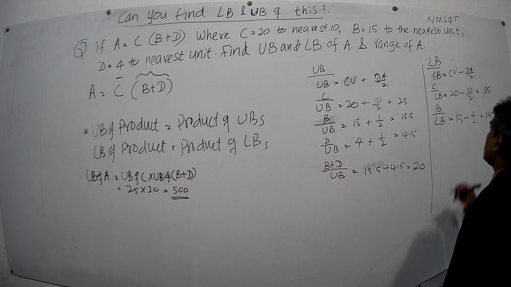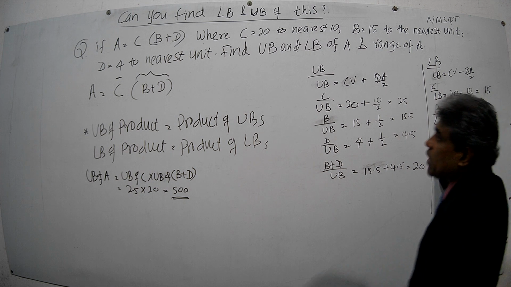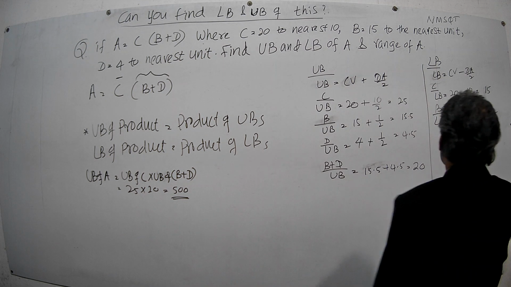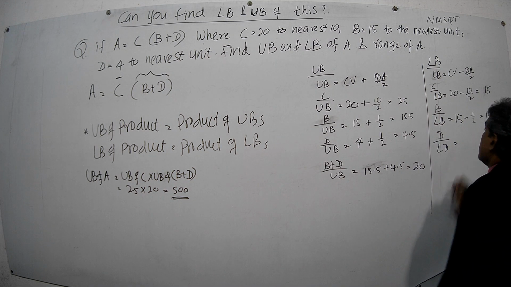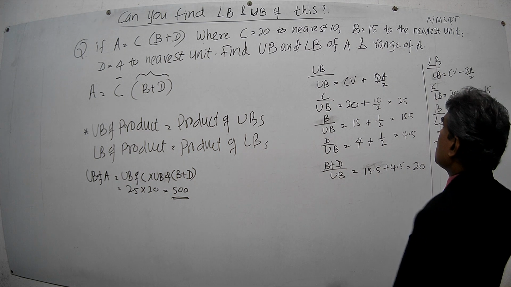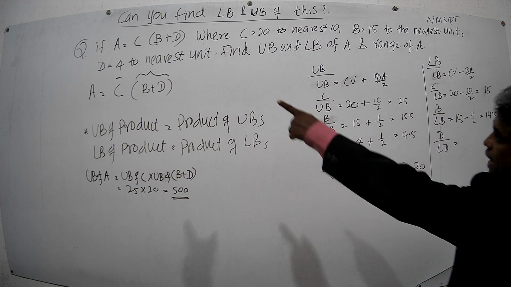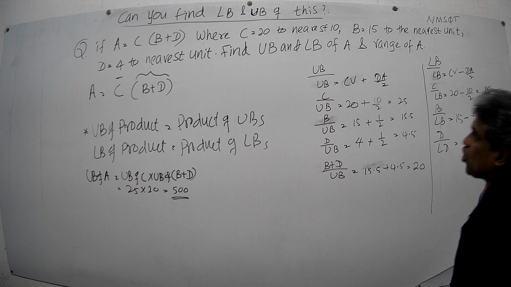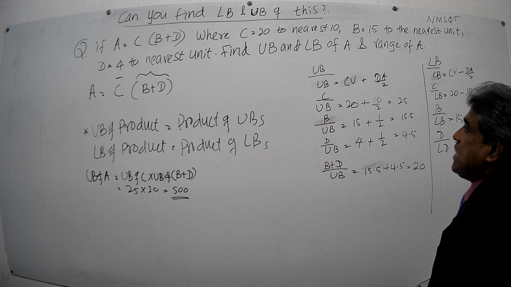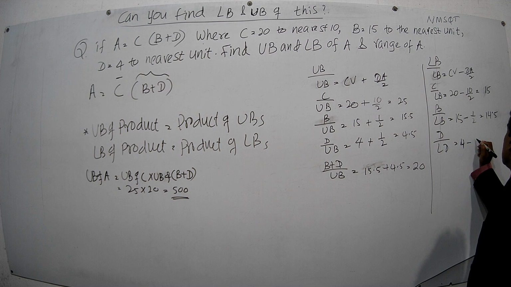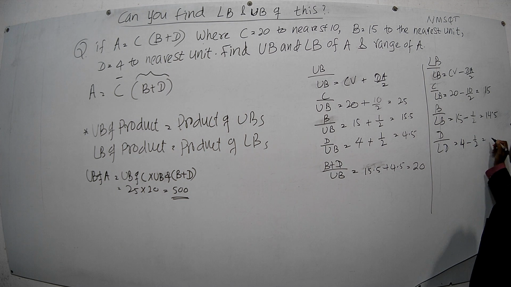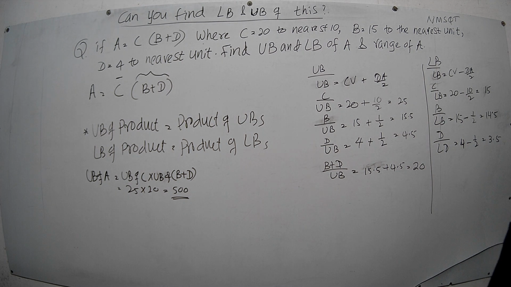Then the lower bound, the other one is D. We need the lower bound of D. How much is the lower bound of D? The value of D has been given. That is 4 to the nearest unit. There also the degree of accuracy is 1. The corrected value is 4. 4 minus the degree of accuracy 1 over 2 equals 3.5. Okay, now we have all